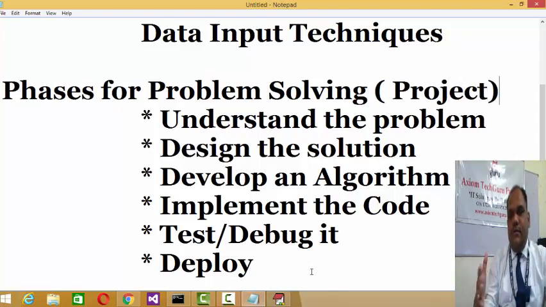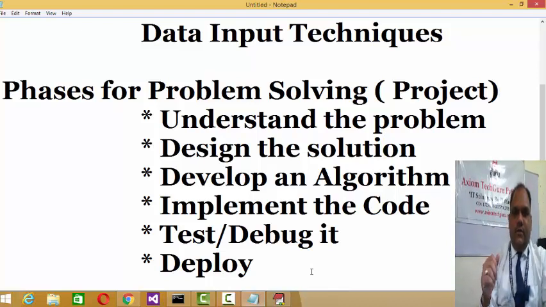Now, what is the difference between a problem and a project? A project may be the collection of many problems, or to develop a complete software, I'll be developing the project, and problems mean small chunks of the project. So right now the category of discussion is related to small problems, small questions for which we are seeking answers.